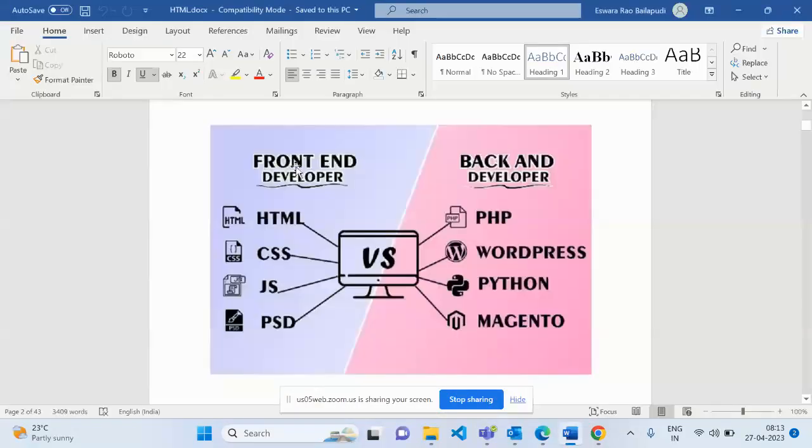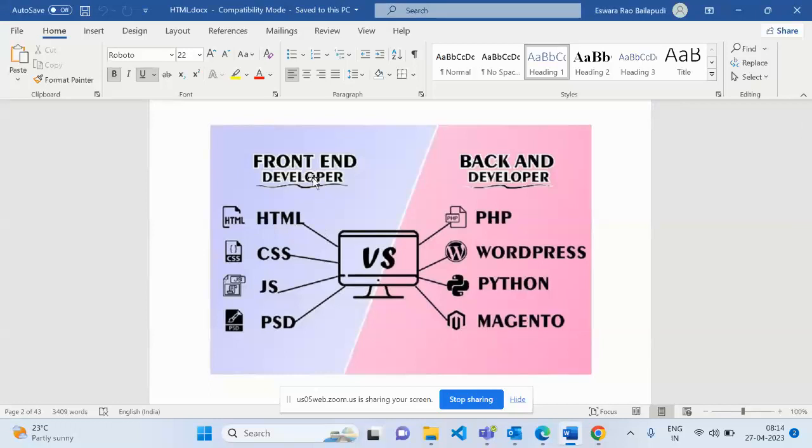If you want to become a web developer, you have to learn the front end and the back end. Either front end or back end. If you learn both front end and back end, then you'll become a full stack developer. As a front end developer, you should learn HTML, CSS, JavaScript, and Photoshop, something for designing.